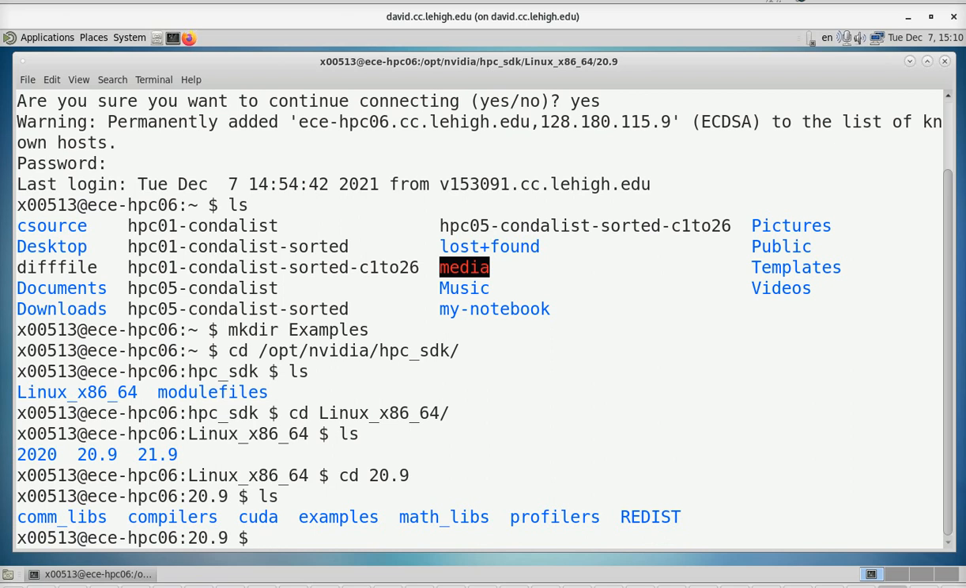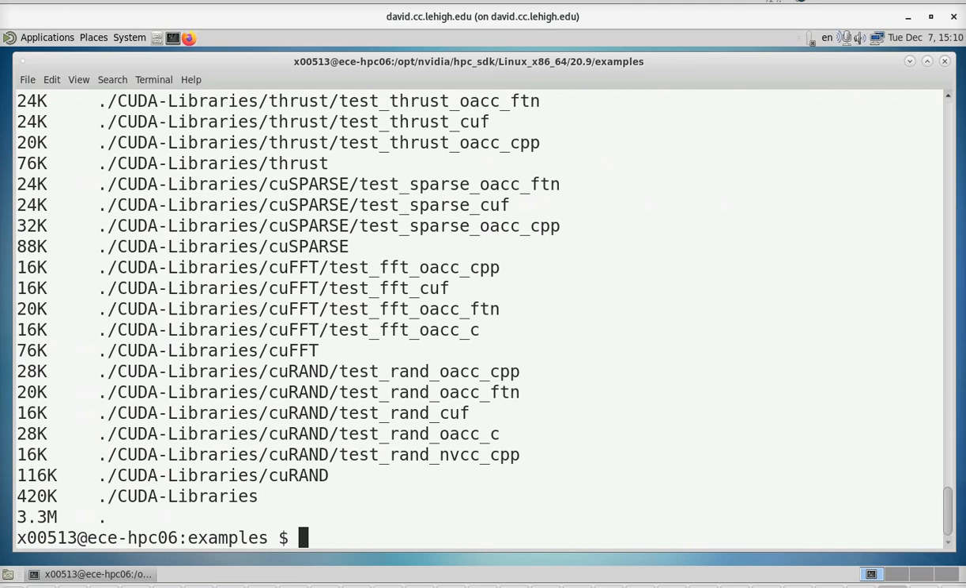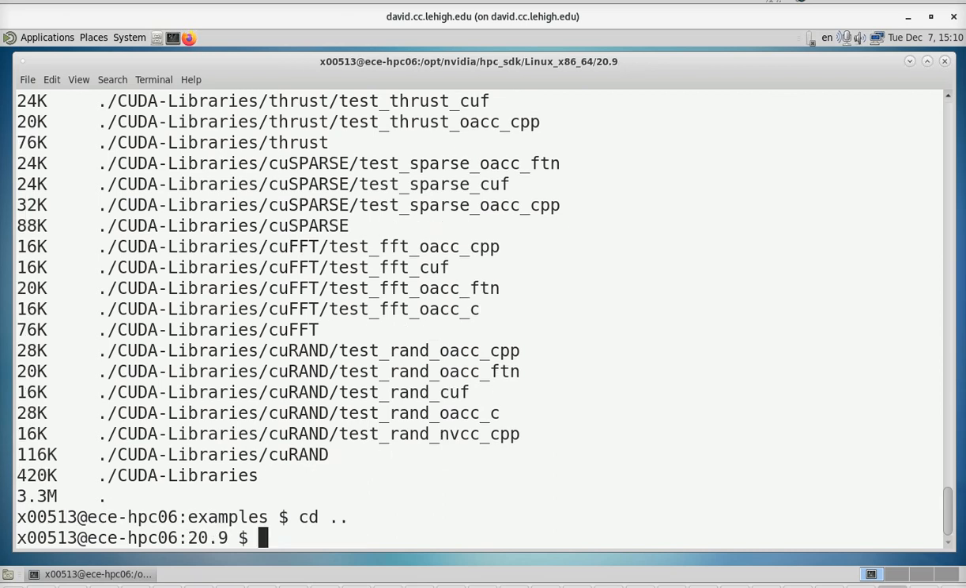Okay, so here we have examples. You can see that directory. So I'll do a change directory into examples. And then if I do a du -sh, that'll tell me how big everything is under examples. So it's about 3 megs. That's pretty small. So I'm going to change directory out, and I'm going to type scp, secure copy, -r. That's recursive. You have to use that if you're copying directories. And then examples,